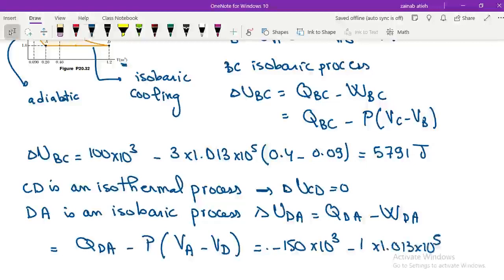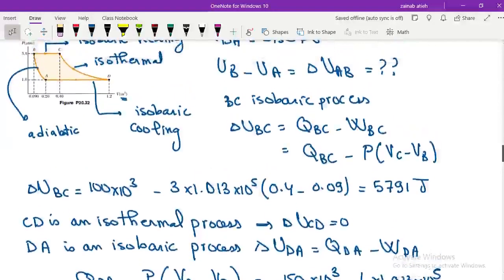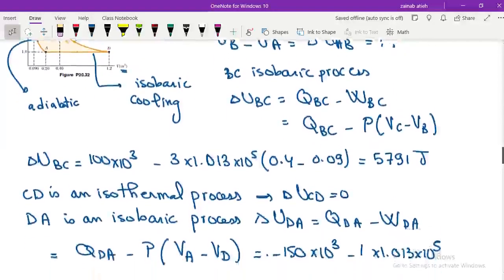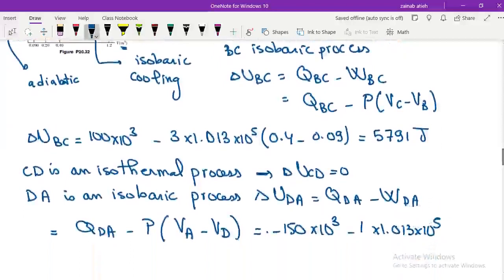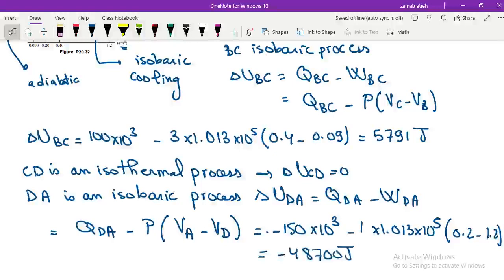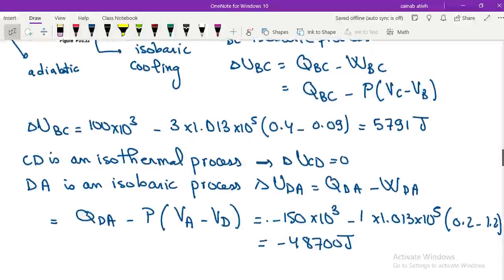And let's look at VA and VD. You can see that VA is 0.2, VD is 1.2. So it's 0.2 minus 1.2. No need to change the unit. Calculating all of this will give me minus 48700 joule. Now I have delta U for the three processes, and there remains the adiabatic process, so I can get it using